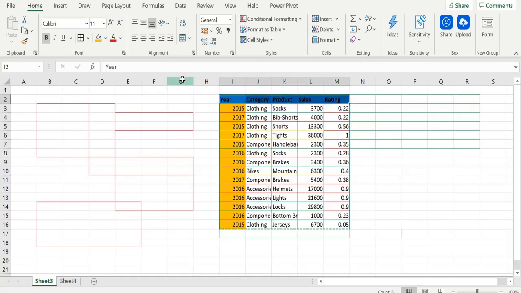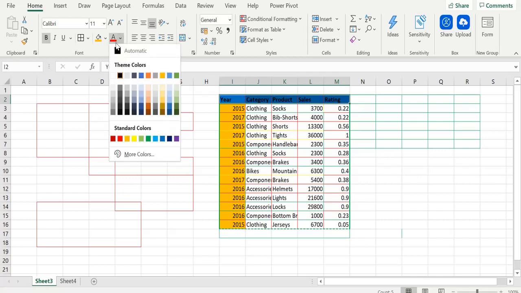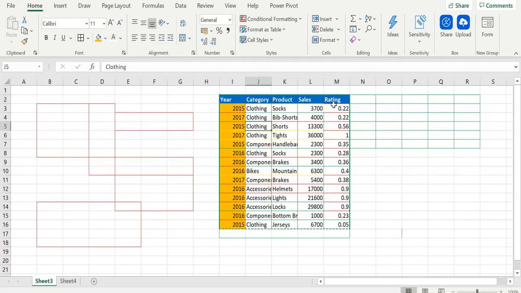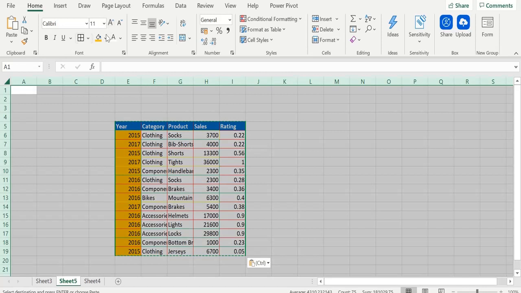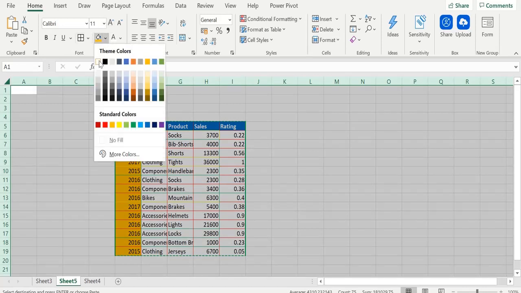So just select this header and come over here, and in this font color option, just select the white background, and as soon as I say white, your text is converted into the white color. Suppose this is your table and you want this table to be more visible on the sheet. So what you can do is just select this complete sheet, come to fill color and make the color either white or make the color gray.